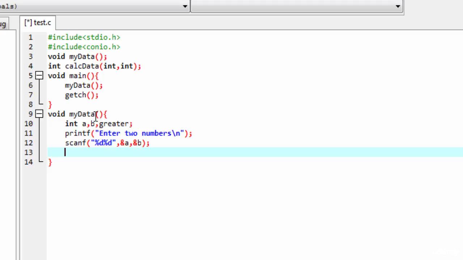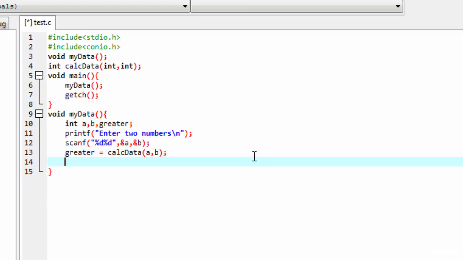Okay, then the greater value is stored by using the calculatedata function, and here I will pass a, b. So this function will return me the greater value which will be stored in the greater variable, and then